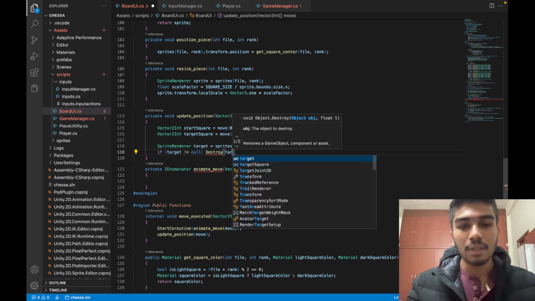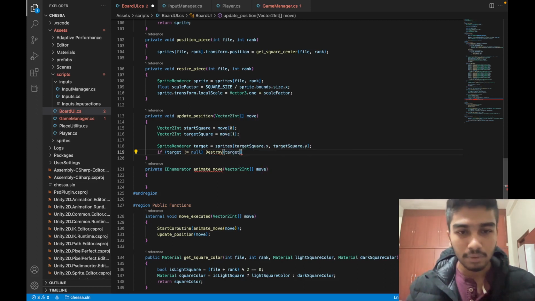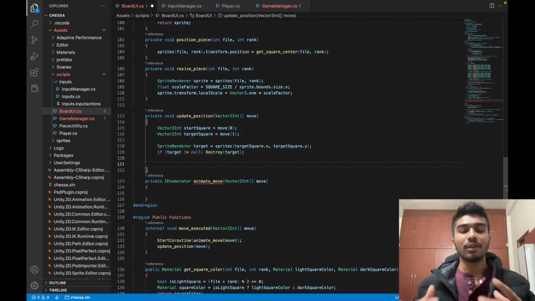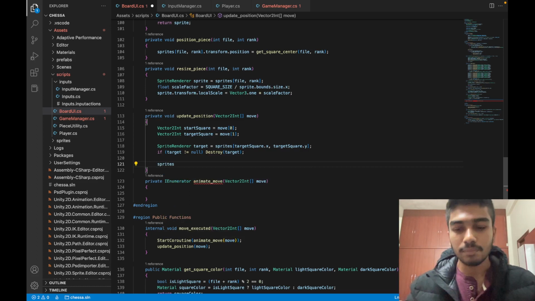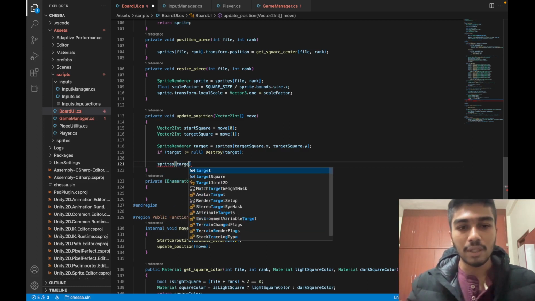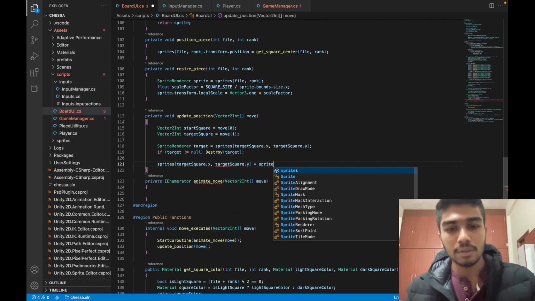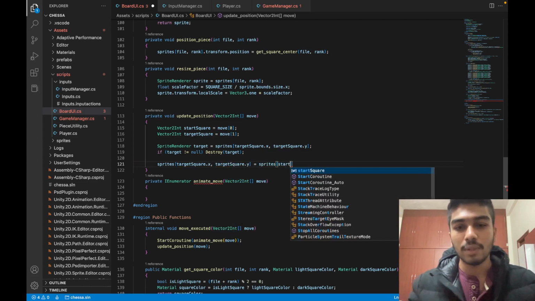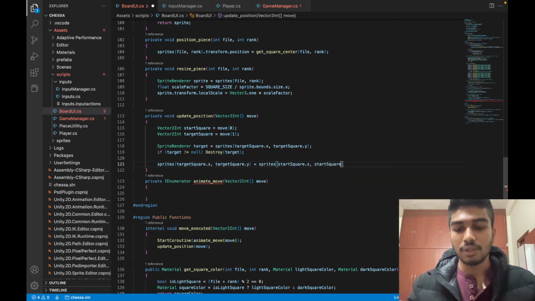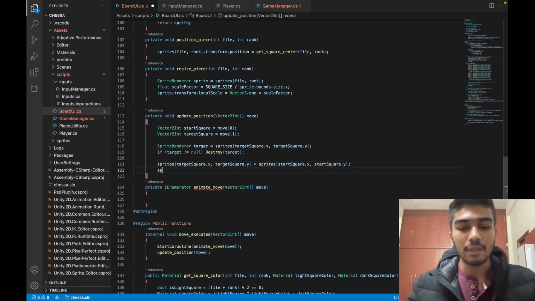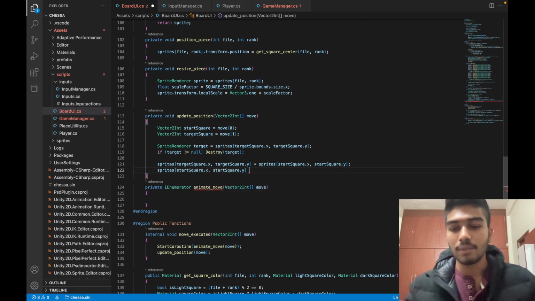So destroy target, and then we can start with the replacement of the pieces. So sprites of target square dot x and target square dot y is equal to sprites of start square dot x and start square dot y, and sprites of start square dot x and start square dot y is equal to